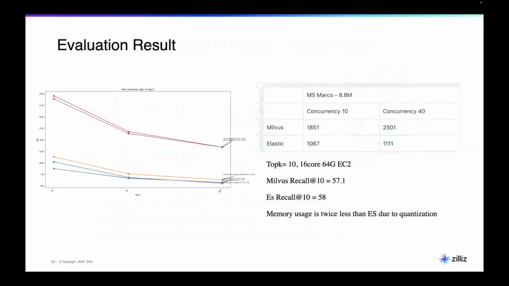Sorry, the graph is a little bit small. But just to give you a very quick idea, we did some tests on many of the data sets, and the results say that at almost similar recall compared to ES, memory usage for Milvus is twice less compared to ES, and the performance is usually 2 or 3 times faster. That's simply because we utilize a different quantization policy, so the recall is going to be a little bit lower, but you see high performance growth and also more memory saving.